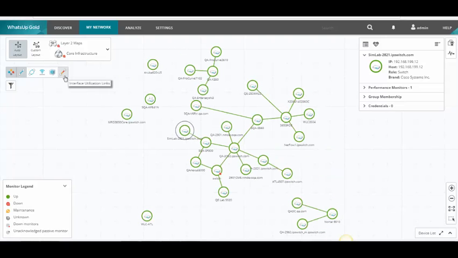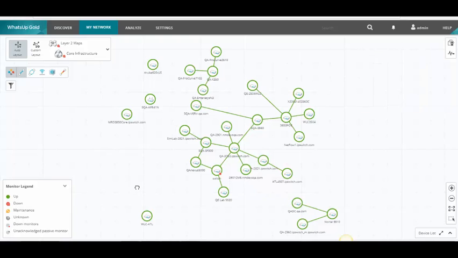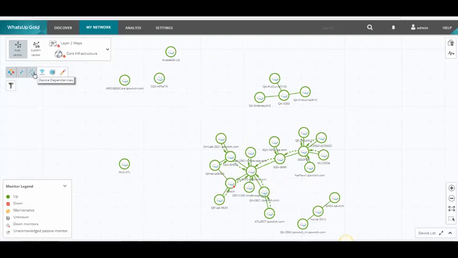We're also going to have the ability in WhatsUp Gold to set devices as what's called a root device. And that builds a dependency from that core device to the devices outside of there. And that is important because if you do have your core go down for some reason, you know you're going to have outages beyond there.